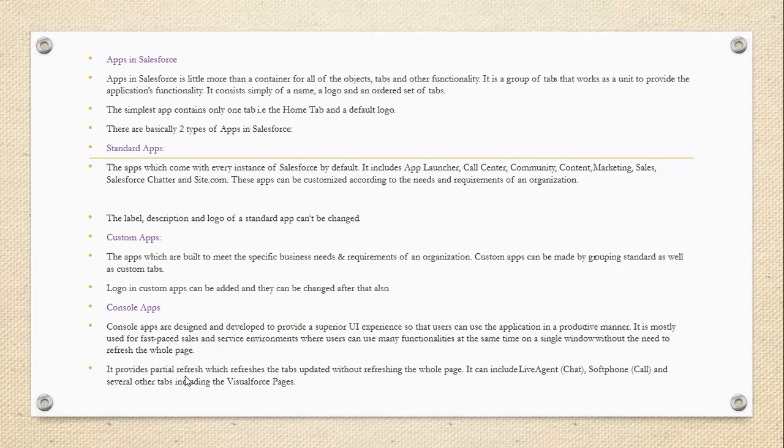It provides partial refresh, which refreshes the updated tabs without refreshing the whole page. It can include live agent chat, softphones, and service or sales tabs, including the Visualforce page. Next,